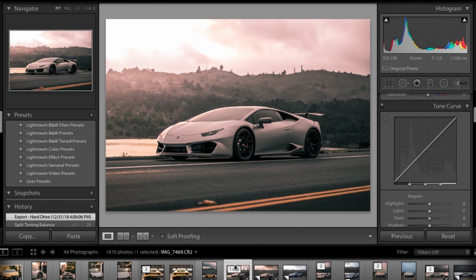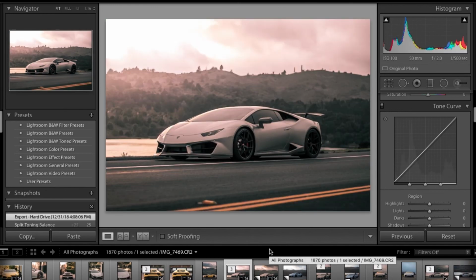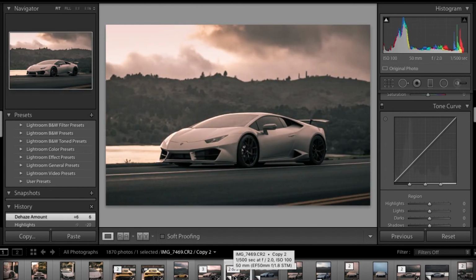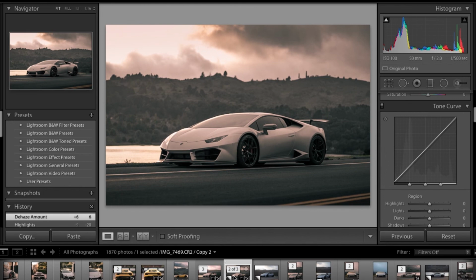Alright, so, oh wow, I actually cropped them differently. I left the reflector in for that one. So it's not quite as good as the one that I did for Instagram. I mean, this edit did take me probably 3 times as long to do, but it's the same general idea, and you guys got to see pretty much the same steps. So I hope you enjoyed the tutorial, hope you learned something new,